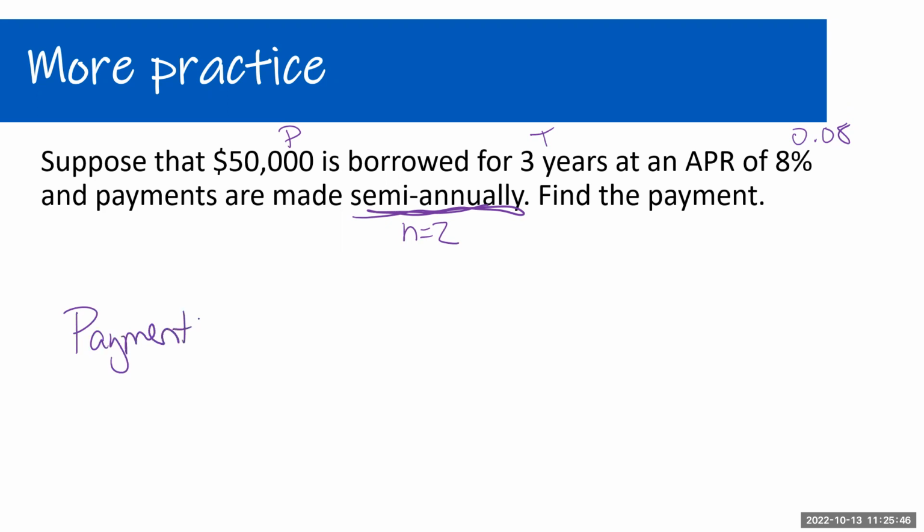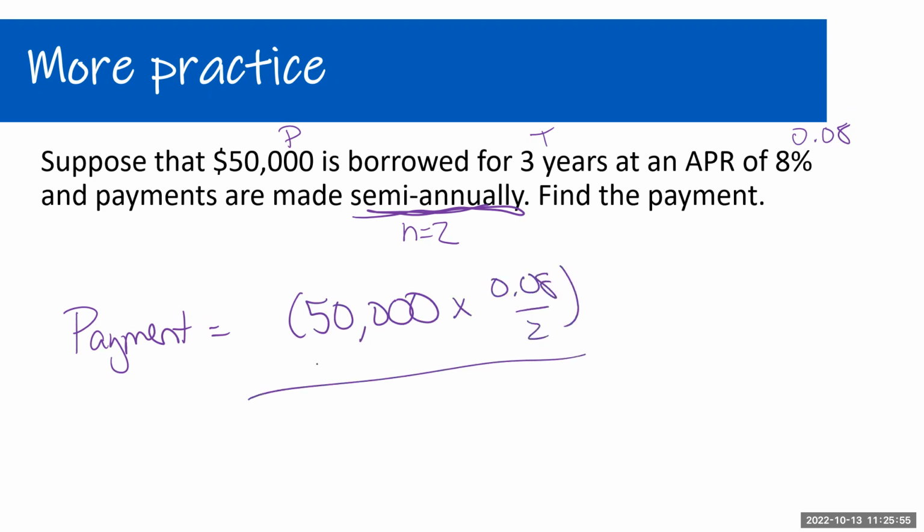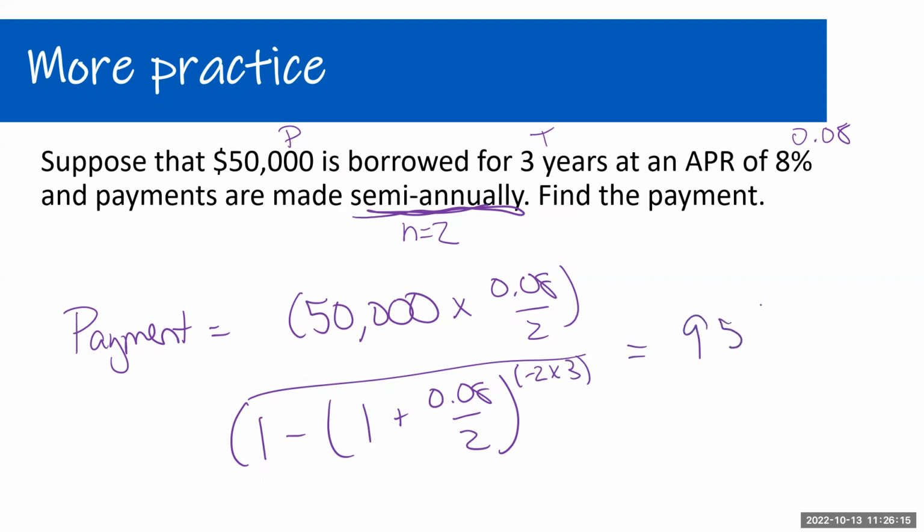So our payment here is going to be that $50,000 principal times 0.08 over 2, all divided by 1 minus 1 plus that 0.08 divided by 2, raised to the negative 2 times 3 years. If we carefully plug this into our calculator, we're going to see that our payment is $9,538.10,